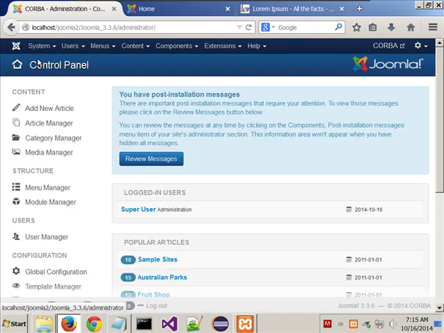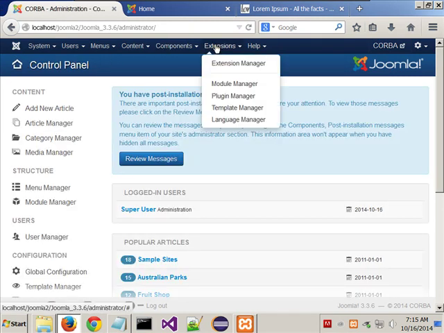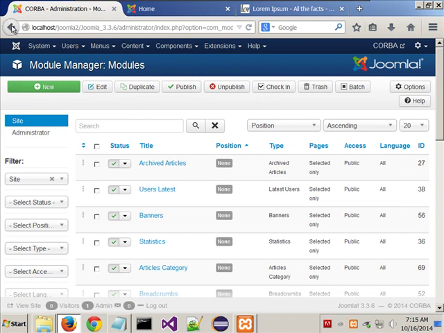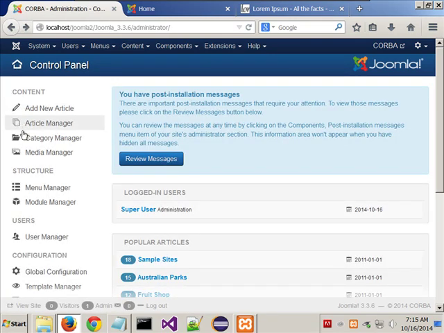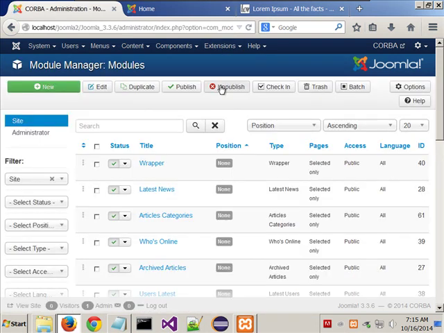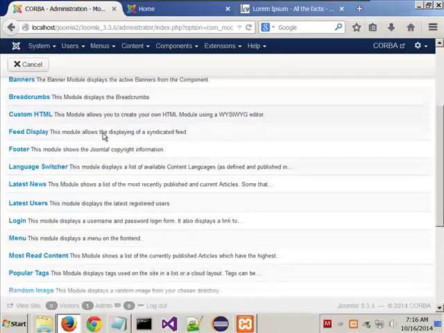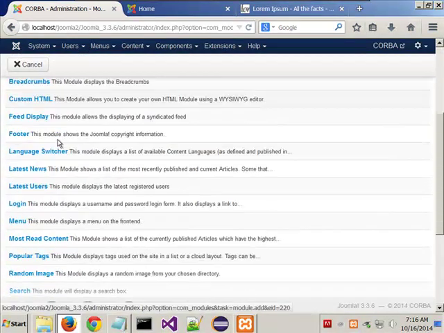I want to navigate over to Extensions, Module Manager, and they want us to click New. Again, we could have also done from the side here. All right, so someplace over here, there's the Module Manager. But I just, again, do Extensions, Module Manager. All right, and they want us to click New. It says once we do that, a list of available types is shown here. And as you notice, it's an alphabetized list. So as we peruse our way down,